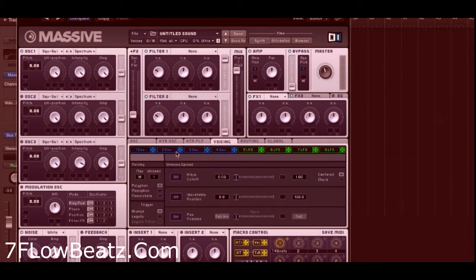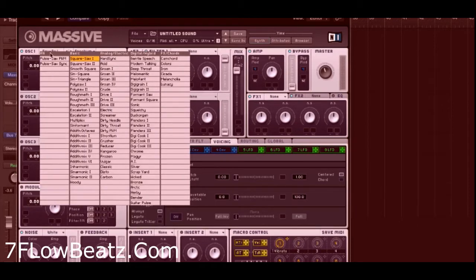Go into the voicings tab. Going to bring the unison up to number 2. And then we're going to put it on here. And then we'll probably come back and maybe play with some of these here, maybe this pitch cutoff here. But we'll head over and we will